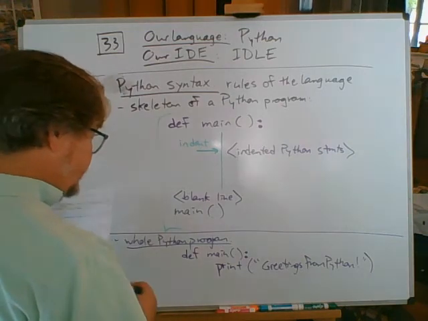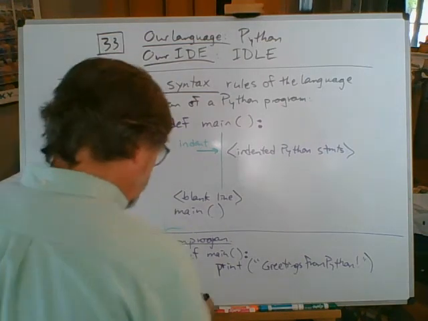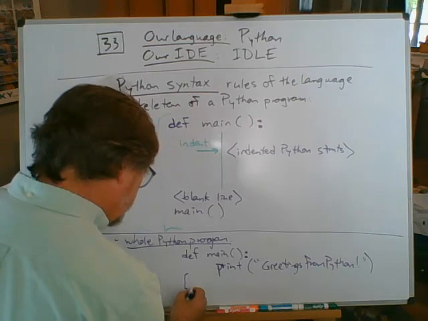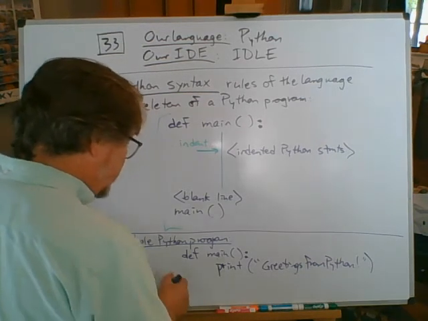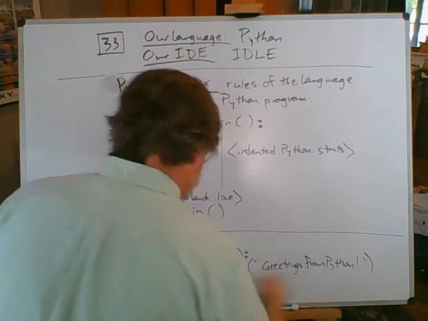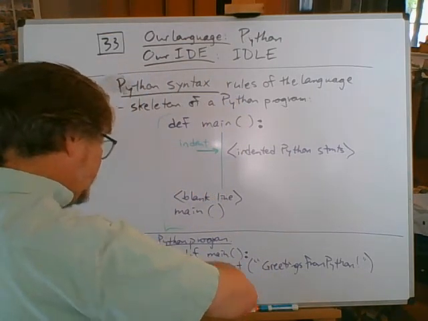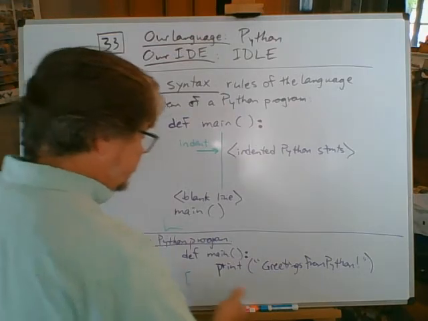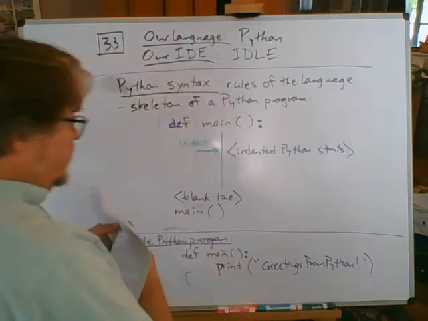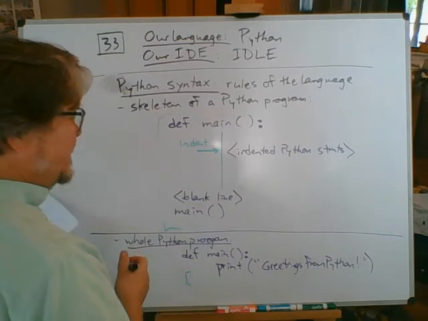And that's enough. So I'll leave a blank line. I'll put a bracket over here. That's not a bracket that's typed in, so I'll put that in a different color, in green. We don't type in a bracket. I'm doing that to indicate that we leave a blank line after a print statement. Now, when that's loaded, all of this is in memory, and the computer's ready to run it.